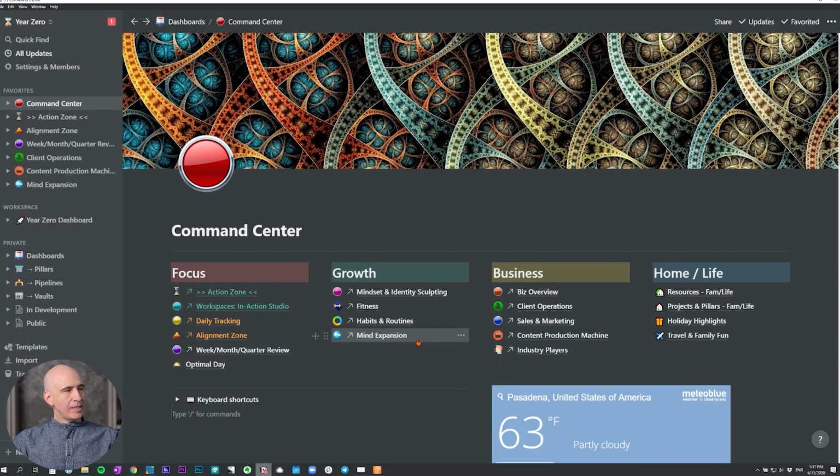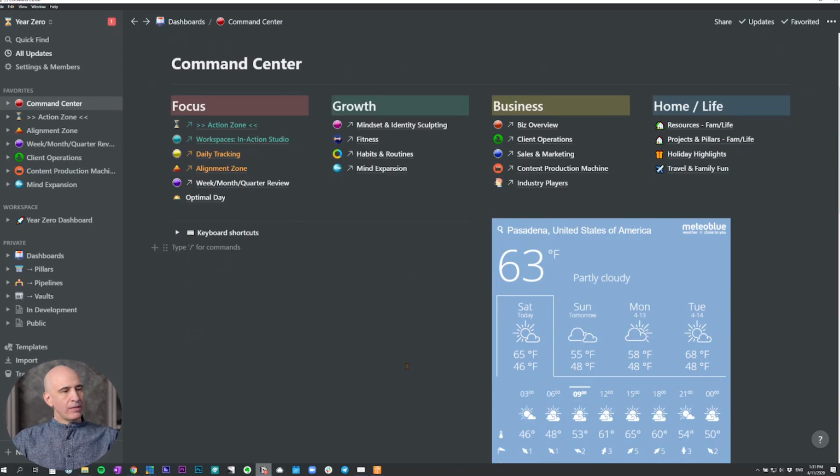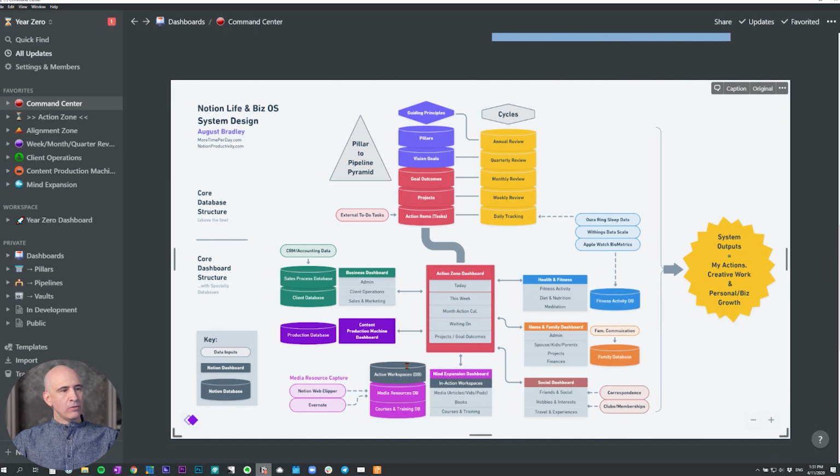Okay, so here is the Command Center dashboard, the top level starting point dashboard in my system that we talked about earlier in the series on this channel. You can go back and look at that video if you want to see the detail on how to build this board and why you might do so. But if you recall, at the very bottom was an embedded flowchart. Now, this flowchart was created in an application called Whimsical, and Notion, fortunately, has the ability to embed Whimsical flowcharts, which is a great feature, and that's what I've done here.